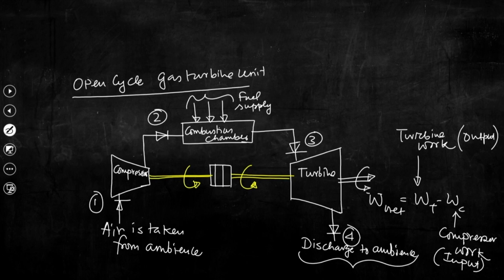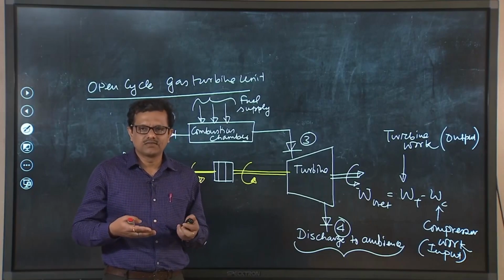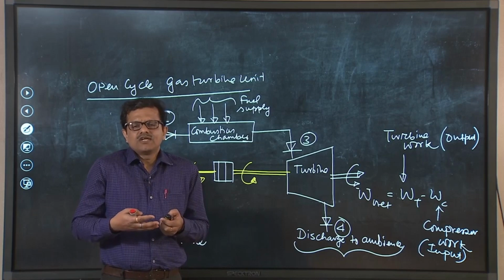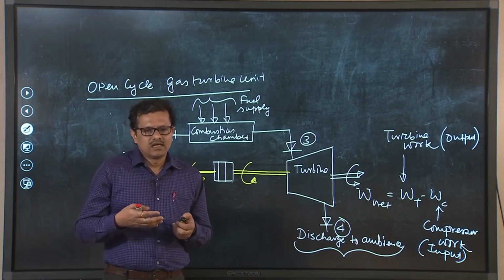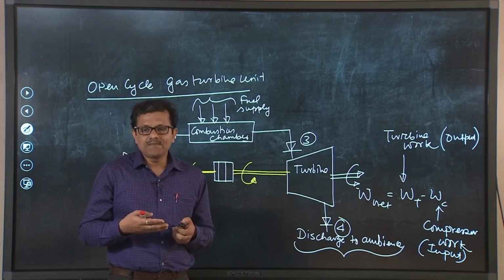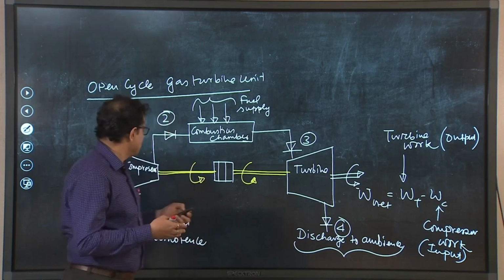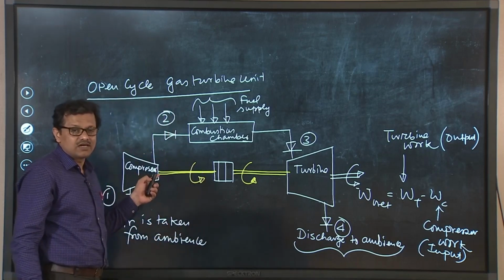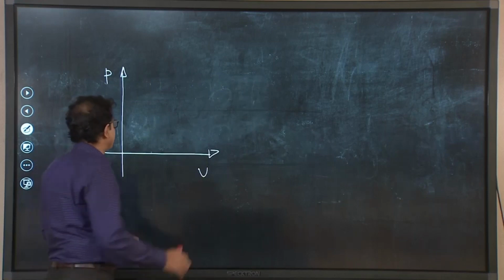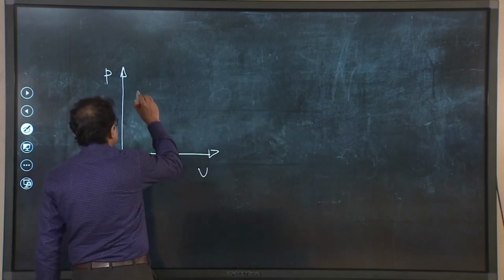That process can be mimicked by an isentropic process, that is a reversible adiabatic process. It is very difficult to achieve that process in real applications, but we can assume that the process is a reversible adiabatic isentropic process, and that